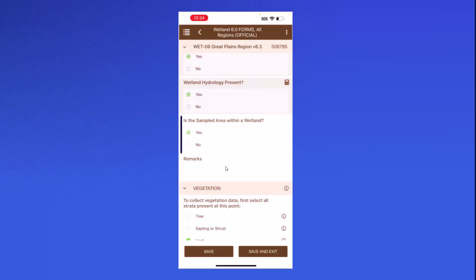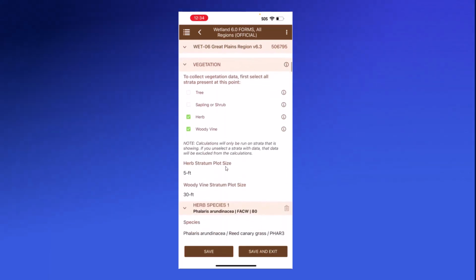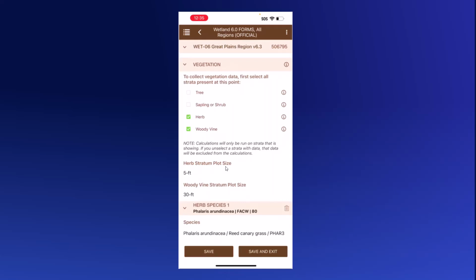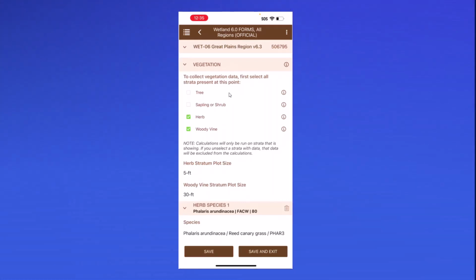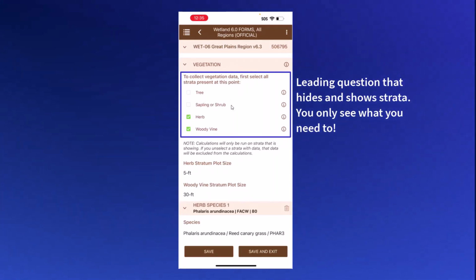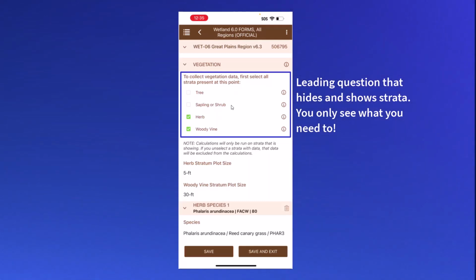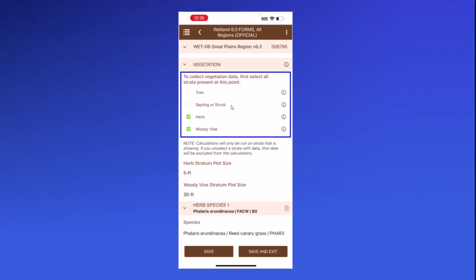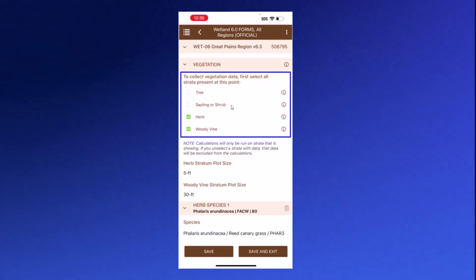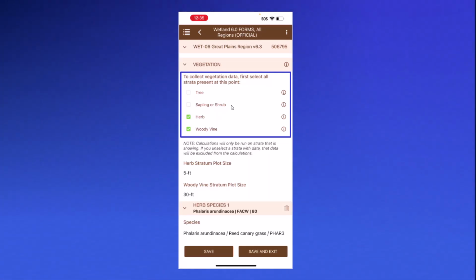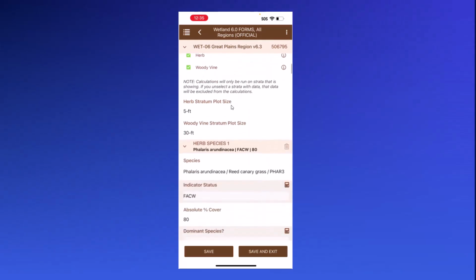Okay, let's move into the vegetation section. This is probably where we have the most changes. The major change is that there's now a leading question that asks you to select the strata that you're working in. This will eliminate you having to see strata that are non-relevant to that particular sample point. In this example, you'll see that we have the herb and woody vine strata. And we've moved the plot sizes up here to the top just to get them out of the active area